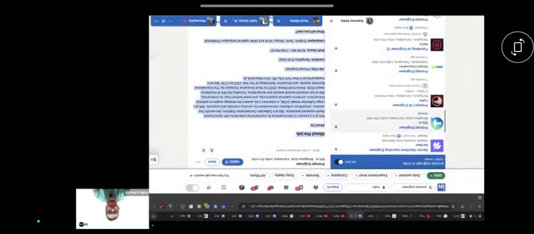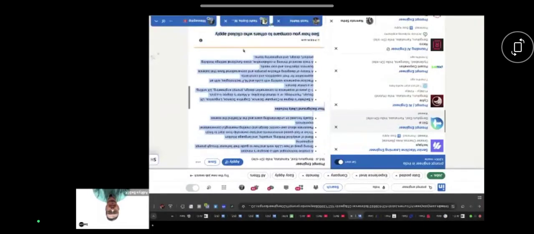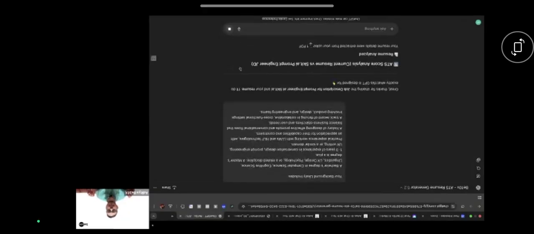I want to apply for a prompt engineering job in this company. What I'll do, I'll copy the job description of the job and paste it over here because it is asking me to please enter the job description. I enter the job description, and now I will go ahead and hit enter. Now let's see what this particular tool is doing for us. This particular tool is analyzing my resume and finding the major gaps which have been identified, and it has found out that the current ATS score of